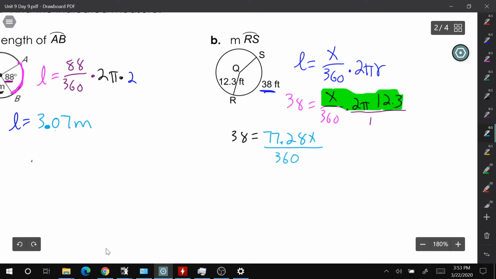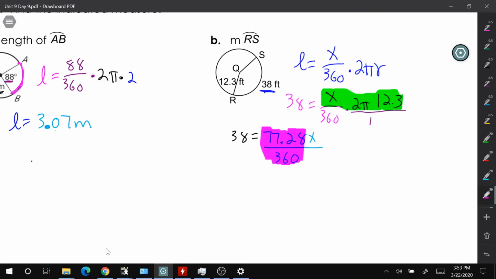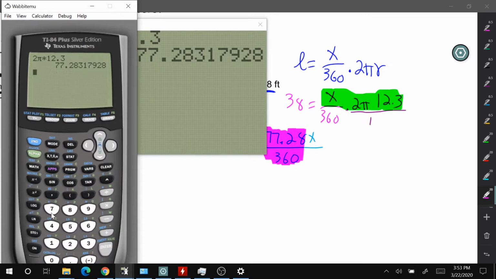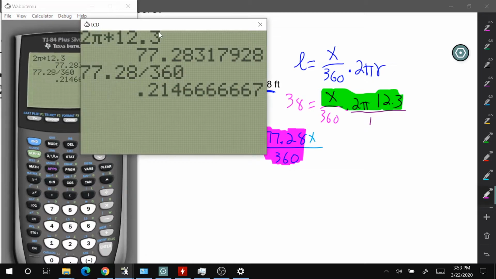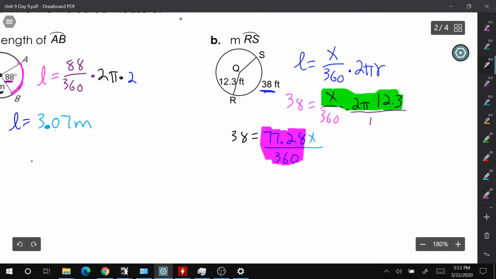Now, yes, from this point you could multiply both sides by 360 and then divide by 77.28. But since we're already using our calculators, let's just simplify this part right here. Let's do 77.28 divided by 360. We get 0.2146 repeated, but let's just use 0.21. So this leaves us with